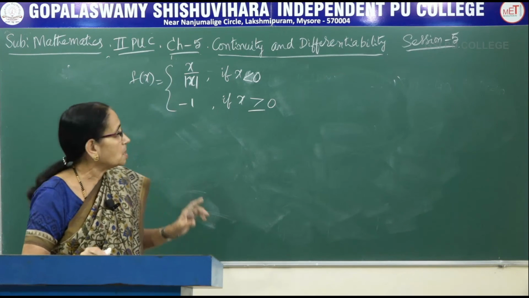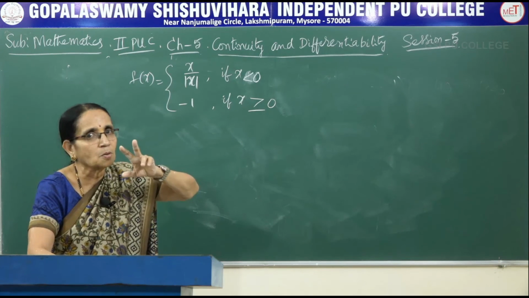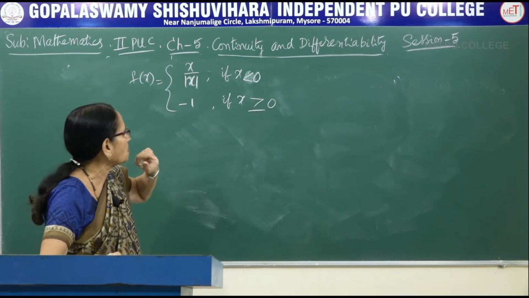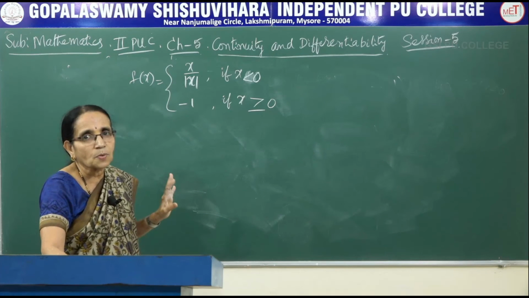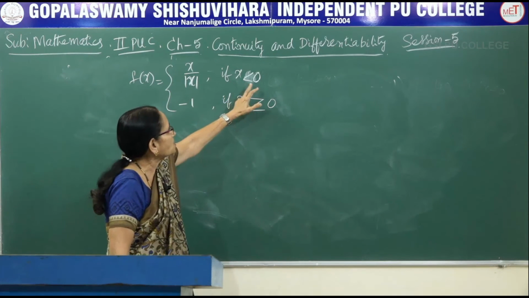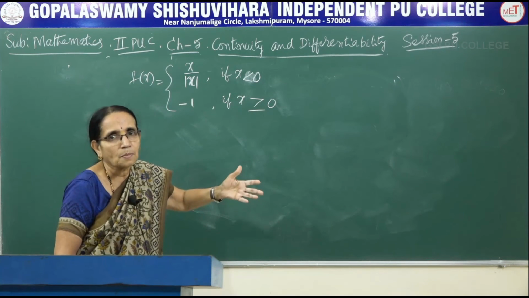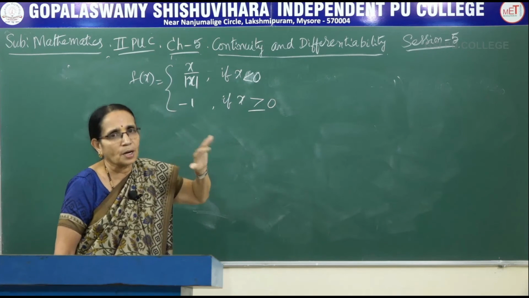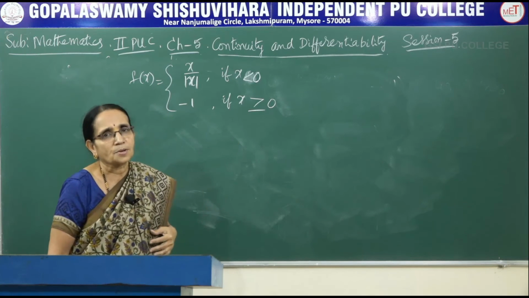Now only one point is mentioned. In the previous problem, in the domain, we had two particular points, so at those 2 points we had to calculate. Here, only one point is specified. So what do we have to calculate? For all x less than 0, we have to find out how the function behaves. For all x greater than 0, we have to find out how the function behaves. When x is exactly equal to 0, how does it behave?